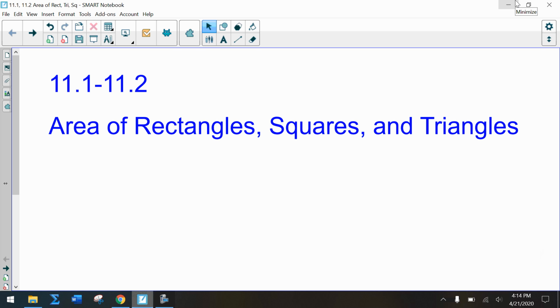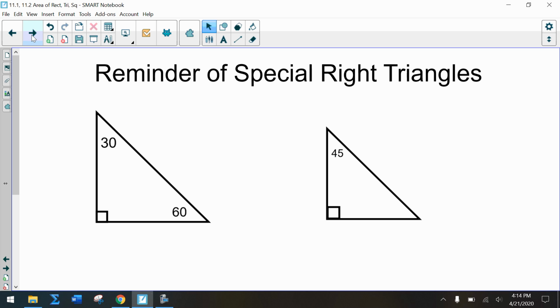Okay, so today we're going to focus on area of rectangles, squares, and triangles. We're going to revisit some special right triangles first, just to make sure that we recall our 45, 45, 90 and our 30, 60, 90 right triangles. So kind of taking it back to earlier in the semester, for our 30, 60, 90 triangle, recall that we